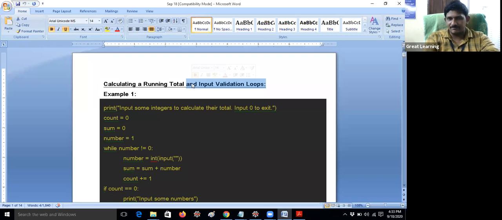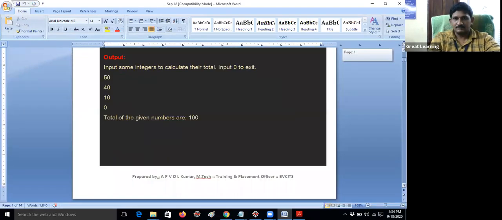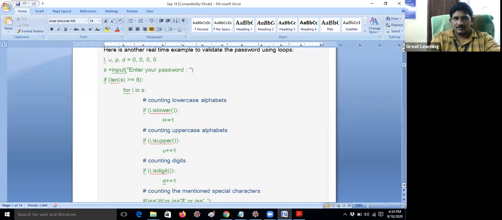That is the concept. That's the reason in the previous example, whatever I have written here, the input can be validated whenever you are giving 0. The exit condition is there: 0 not equal to 0. You can give any number, not only 0. If you would like to mention -1 as a terminating value, you can give not equal to -1. So whenever I give input 0, it will exit. That's all. Let me copy this code.